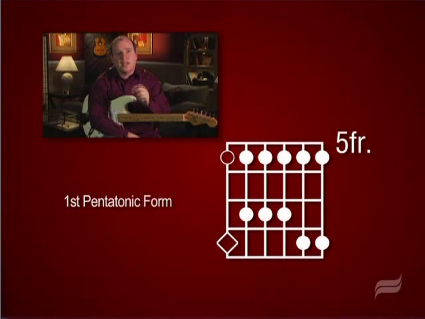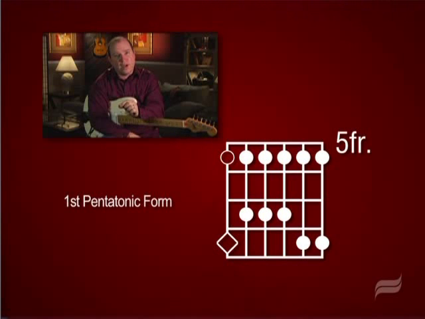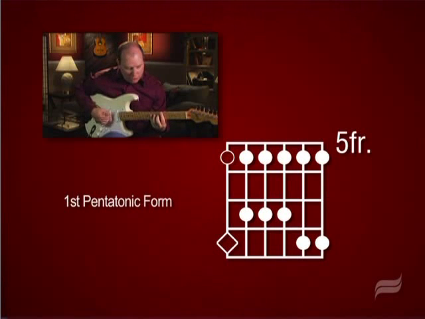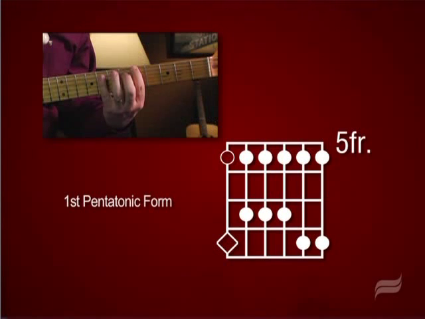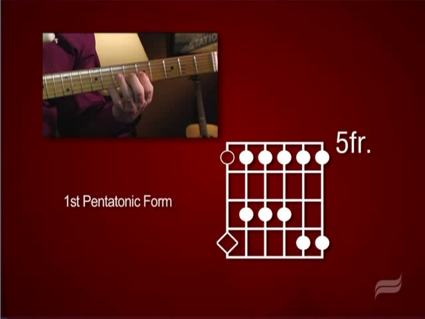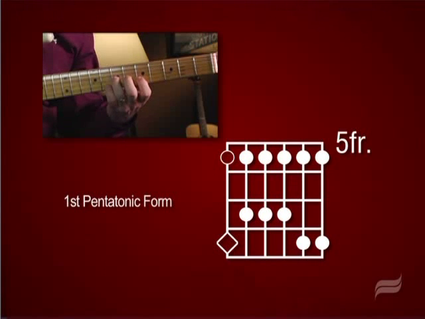Notice the diamond and the open circle on the 6th string. Remember, the diamond is the major root, the open circle is the minor root. Okay, let's go through this first form. Starts with this low A on the 6th string, and our 4th finger on the C. Next string we have 1 and 3, 1 and 3, 1 and 3, then 1 and 4,